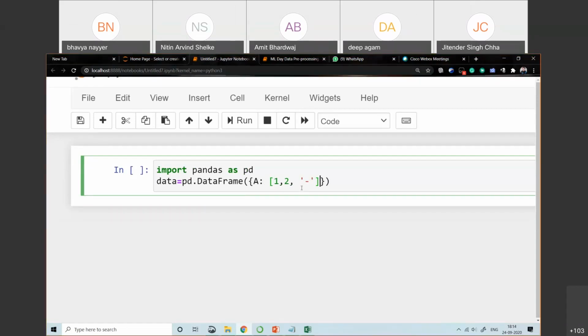Let's suppose your data set contains that dash or hyphen, you can apply the same over there also, and comma b colon dash, 10 comma 20, c colon